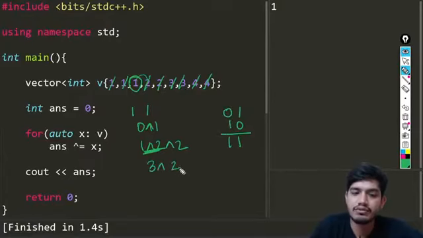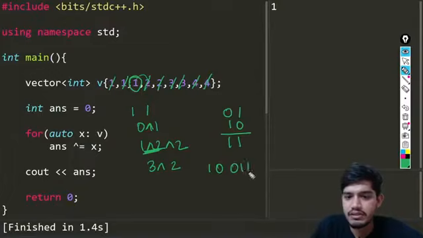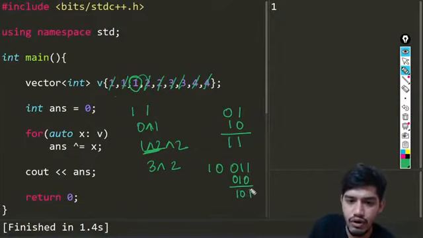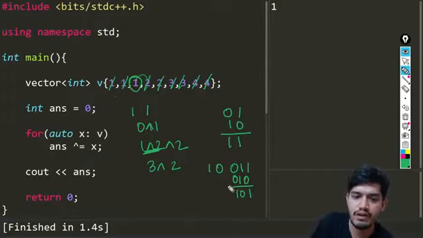And again if you take an XOR with 2, which is nothing but this, and again if you do XOR for this, you can easily say we'll get 1 0 1. Similarly, if you do it for all the values, the value which remains is 3 again. So all these values will cancel each other.